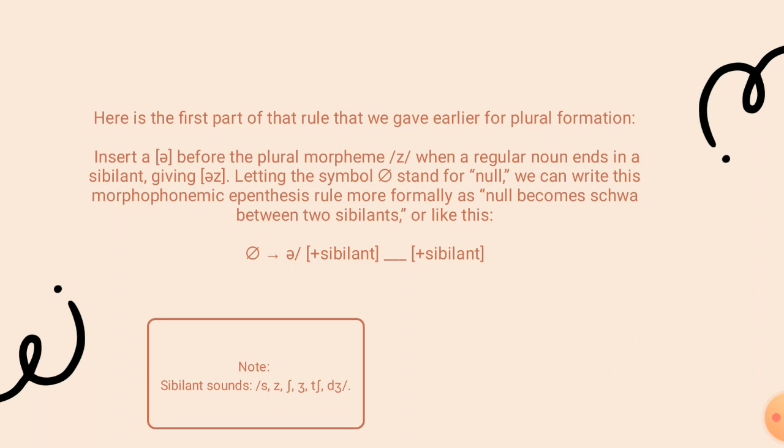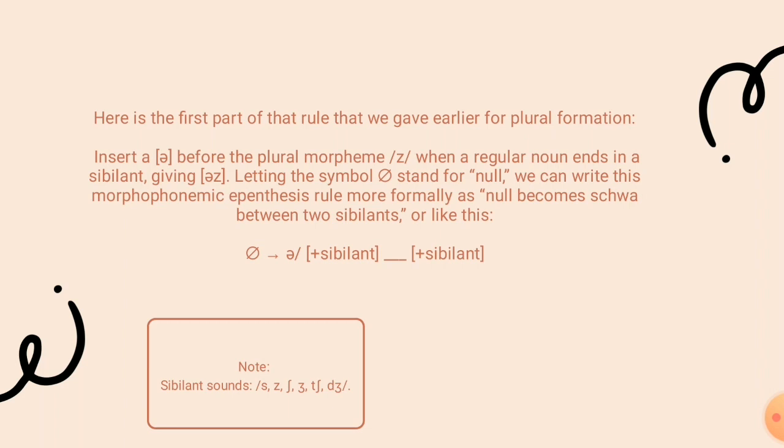So before we get into this explanation, we provide a note down here about sibilant sounds in case you forget about it, because we are going to discuss it. As you can see here, sibilant sounds consist of s, z, sh, zh, ch, and j. So here is the first part of the rule that we gave earlier for plural formation. We insert a schwa before the plural morpheme z when a regular noun ends in a sibilant,